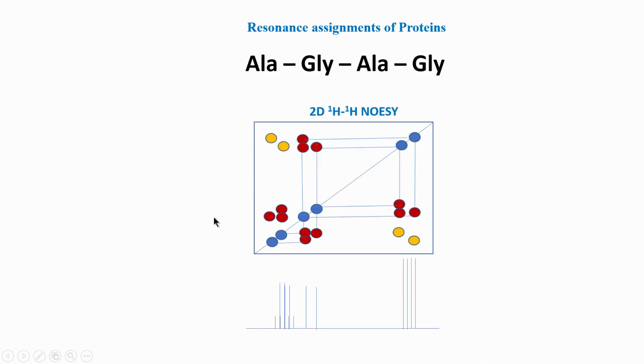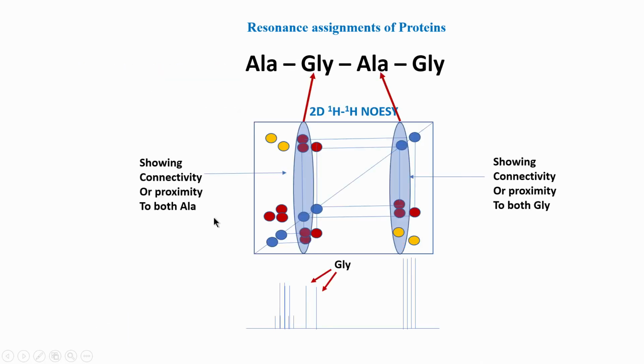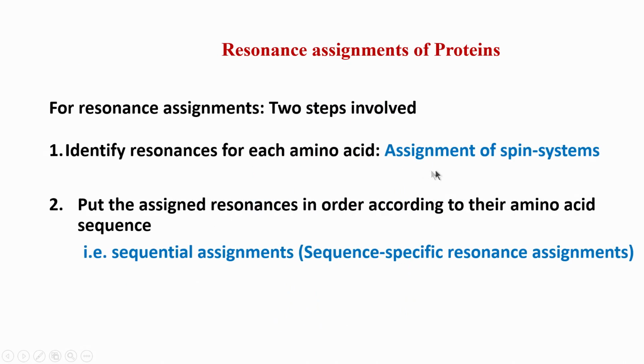The first thing we did is summarized here. We first identified the chemical shifts, we did not assign them, we have just identified what amino acids are present. So, I expected two glycines and two alanines because I knew the sequence. Again remember, it comes back to this point that the primary sequence should be known to us. Without knowing the primary sequence we cannot proceed.